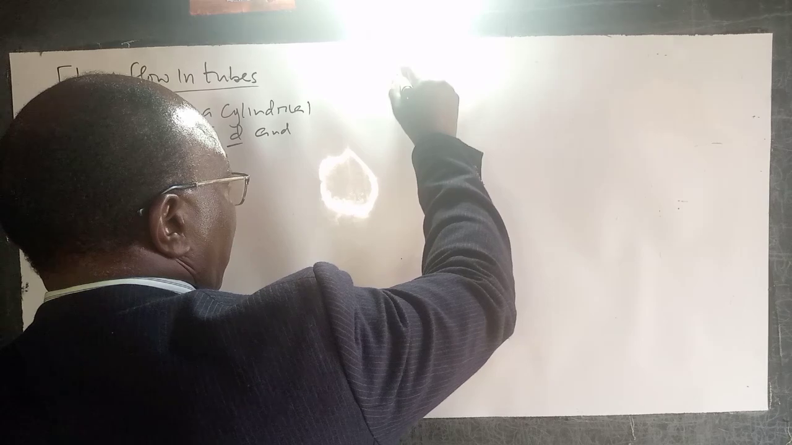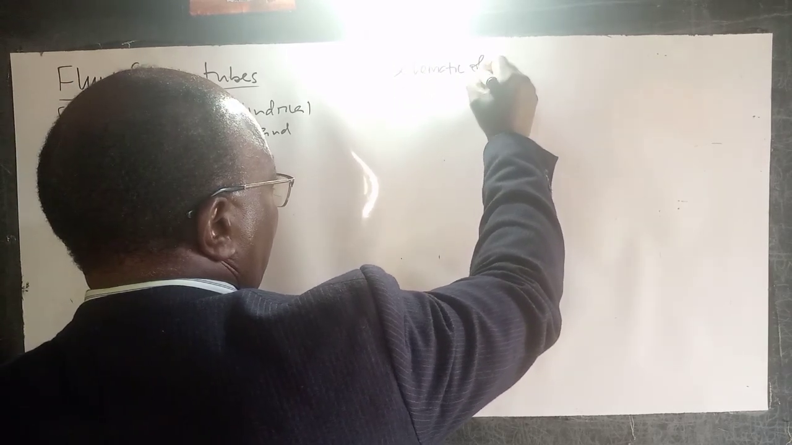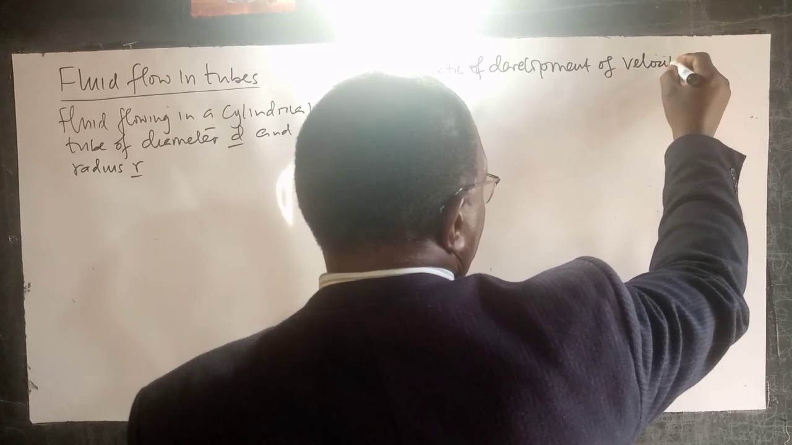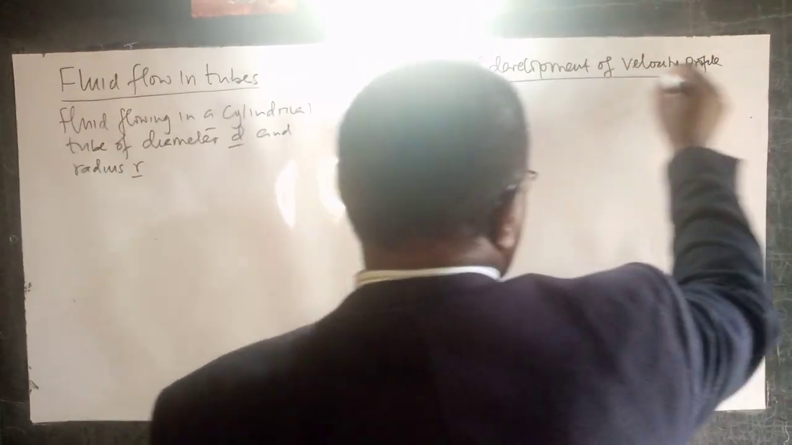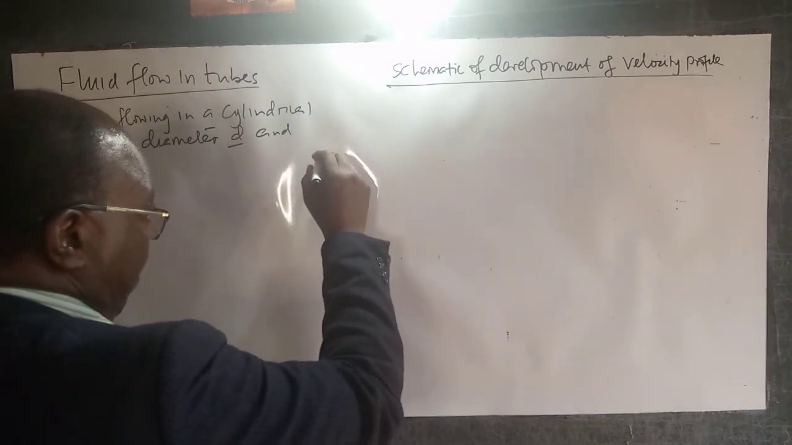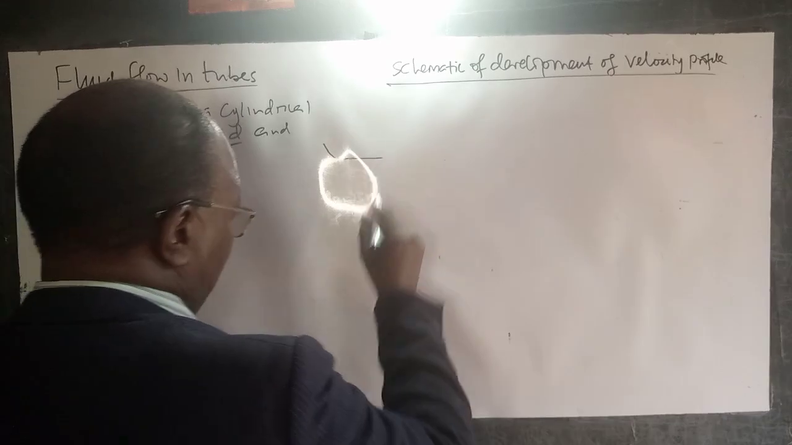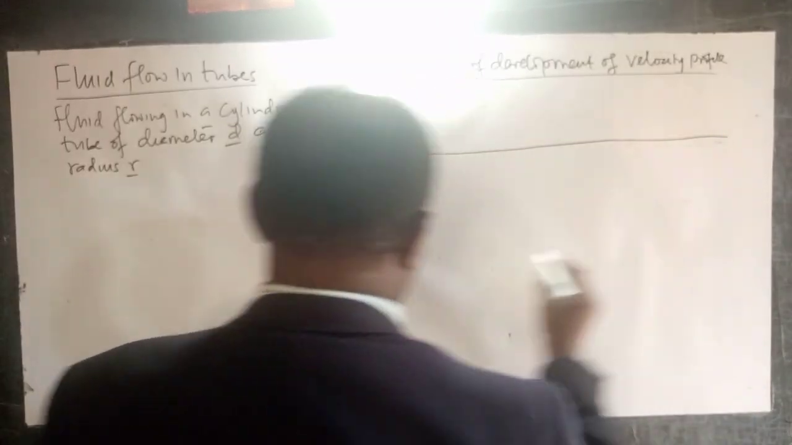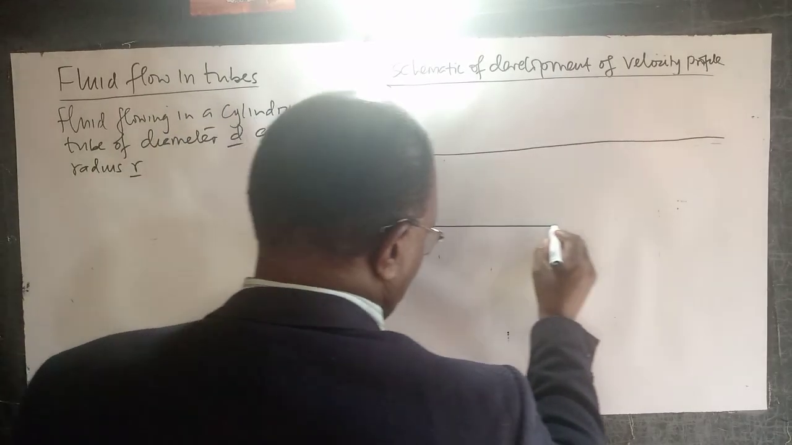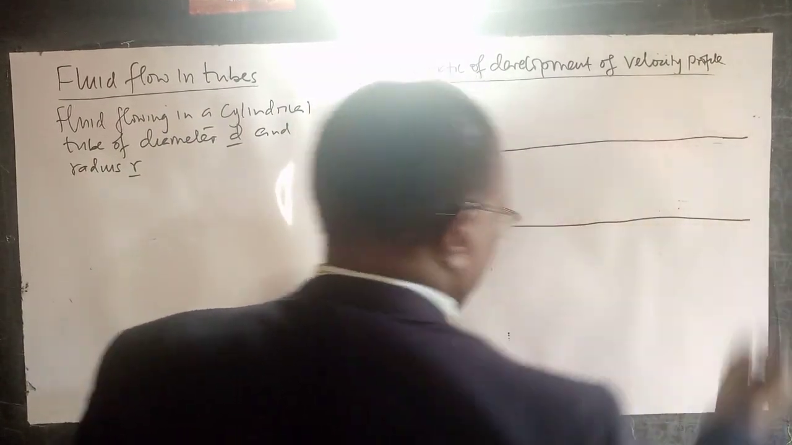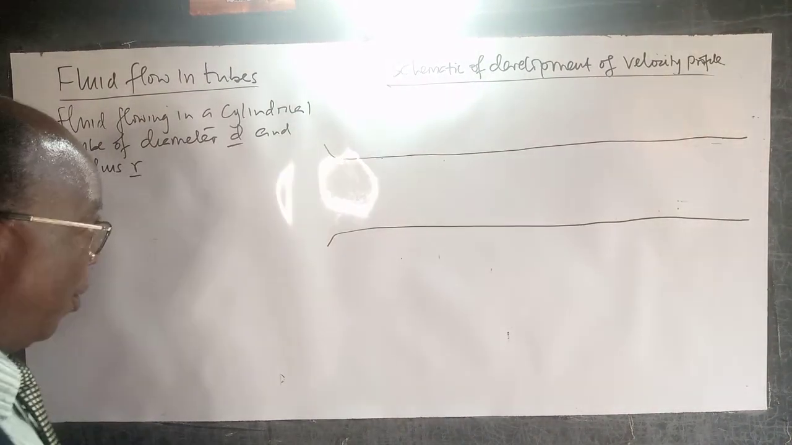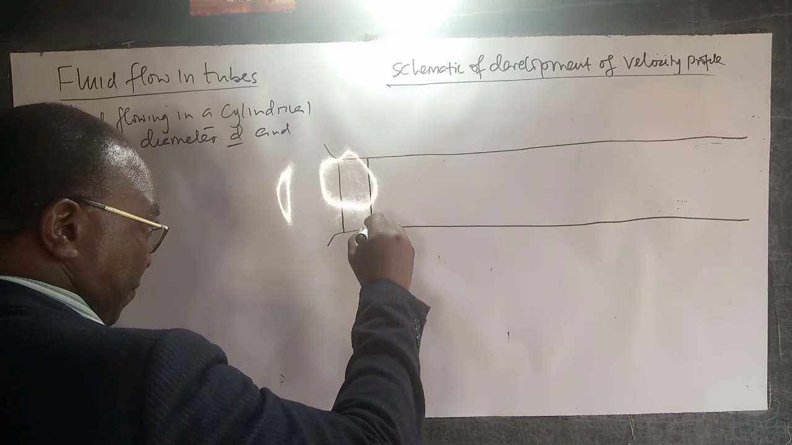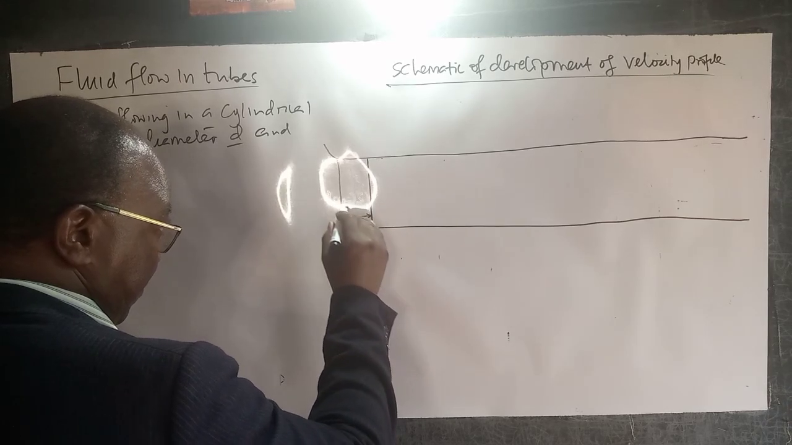Just a schematic. Development of velocity profile. So we have our pipe. See if we can draw it better. So we have our pipe. So this is our pipe. So at the inlet here, inlet,